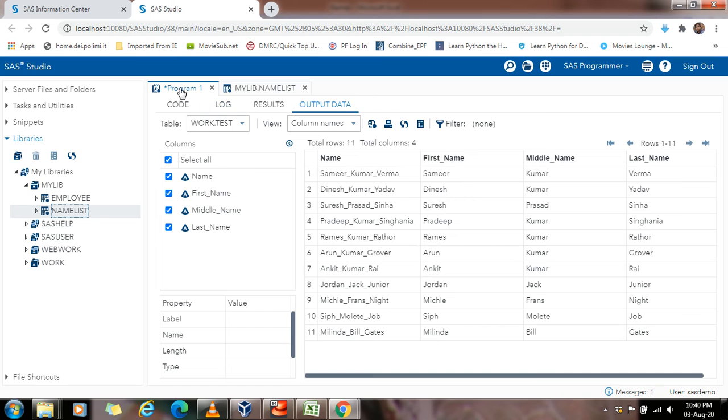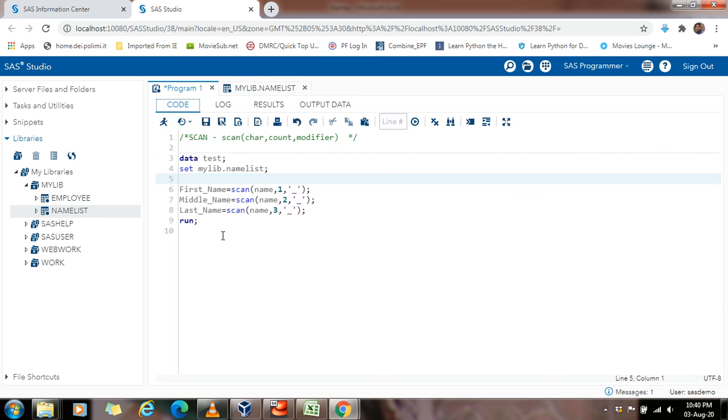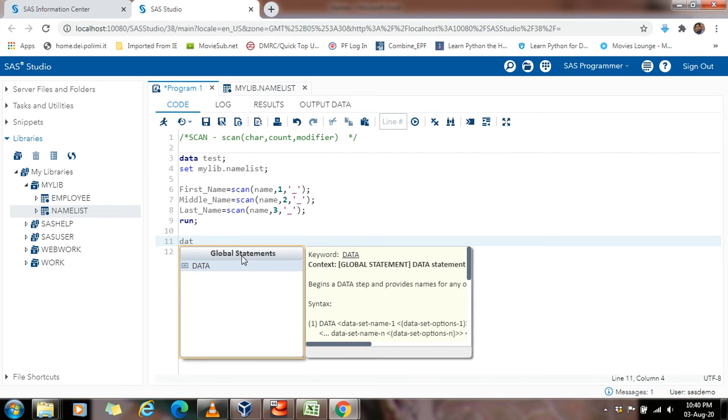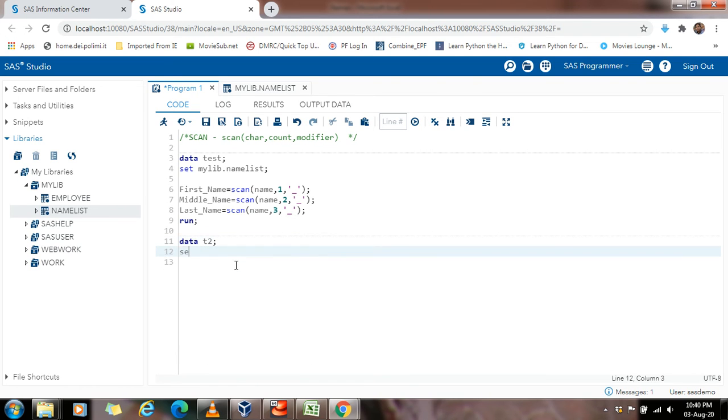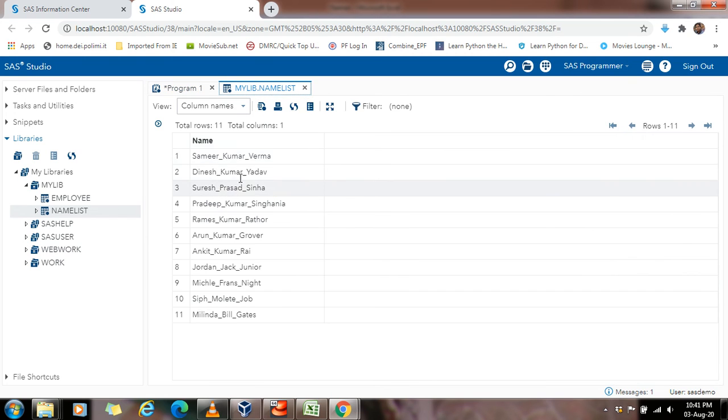Now one more thing I would like to mention over here. Suppose let's create another data set. T2 set mylib dot name list. Now suppose you have been asked to just separate the last name.